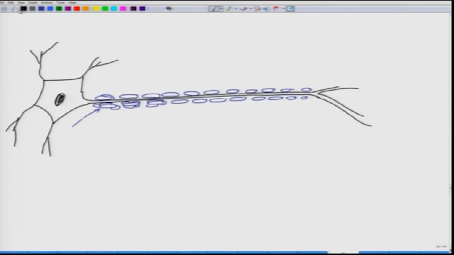So say for example, if this is the axon, these cells will go almost underneath. Some of the cells will be underneath it and some of the cells will be on top, and they start to climb on top of each other. So say for example these cells, they start to climb like this,